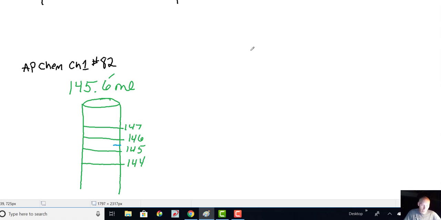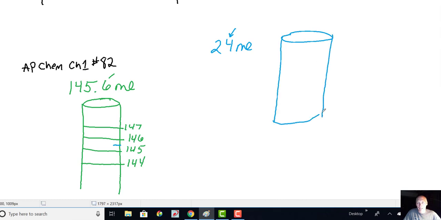Let's try one more here. Let's say you have a measurement and it's listed as 24 milliliters. What would the gradations on that glassware look like? Well, remember that 4 is an estimate. So this is going to be more like a beaker. It's not going to be as precise as the last instrument you just drew here. So this might be 10 milliliters, 20 milliliters,